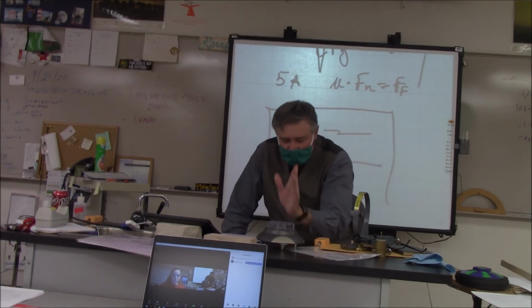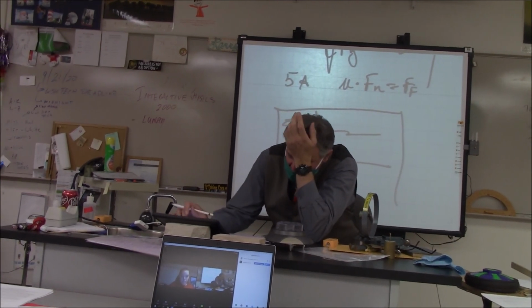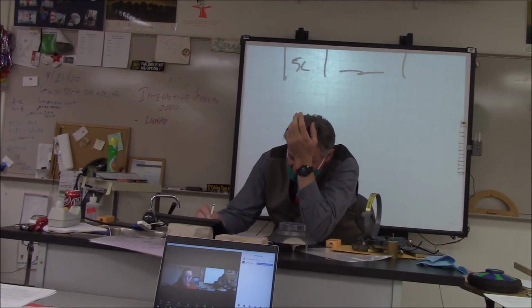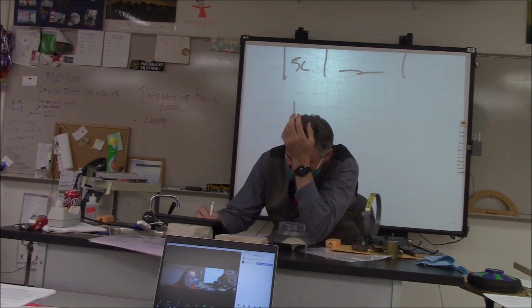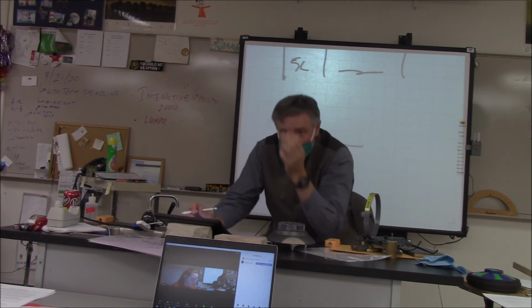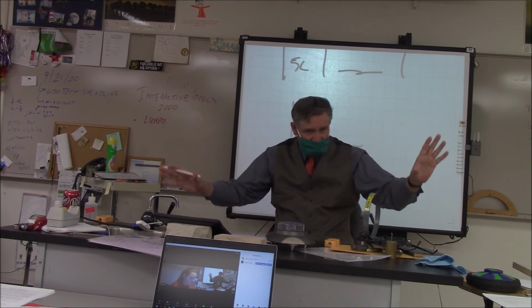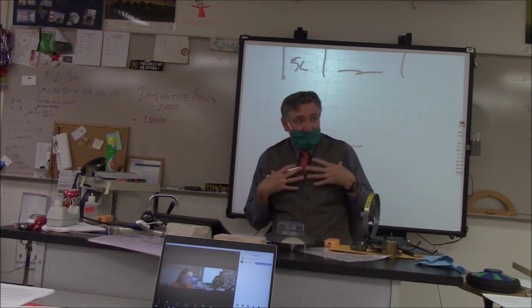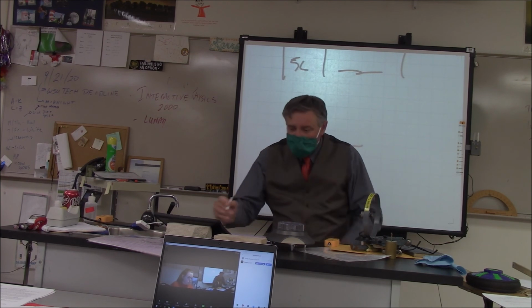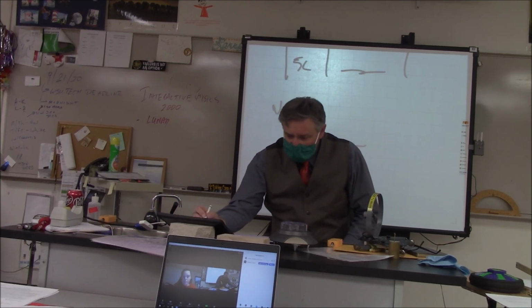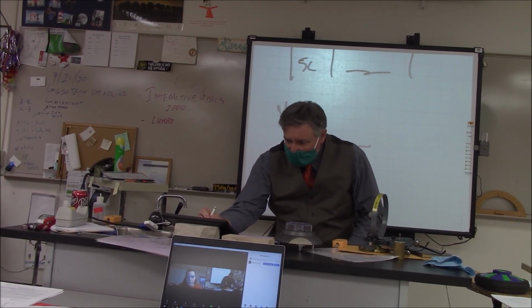All right. Now, when you get to E, on 5E, you're going to draw a velocity time graph. So let me get you started on this. And you can do this on your paper. You don't have to do this on an actual sheet of graph paper. This is just going to be a sketch. But draw it big enough where I can see what's going on. So you got a velocity time graph. You're moving at 5 meters per second